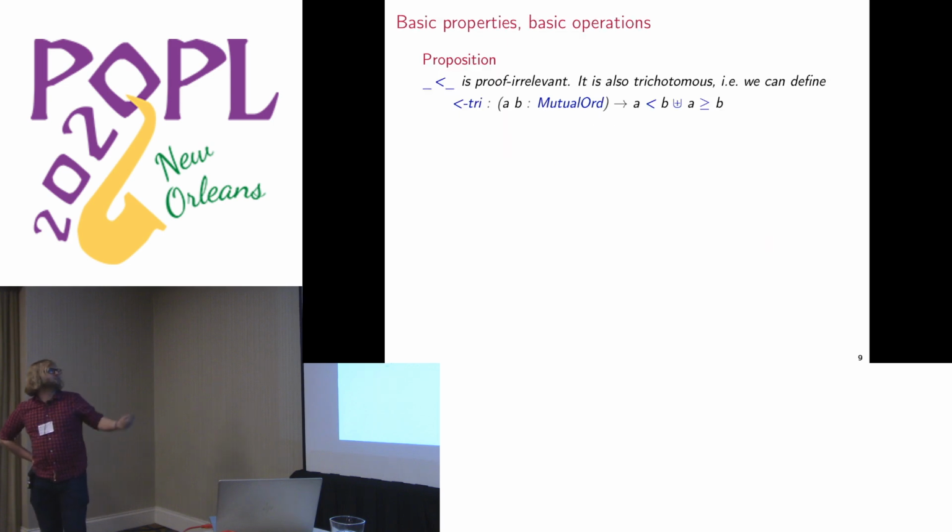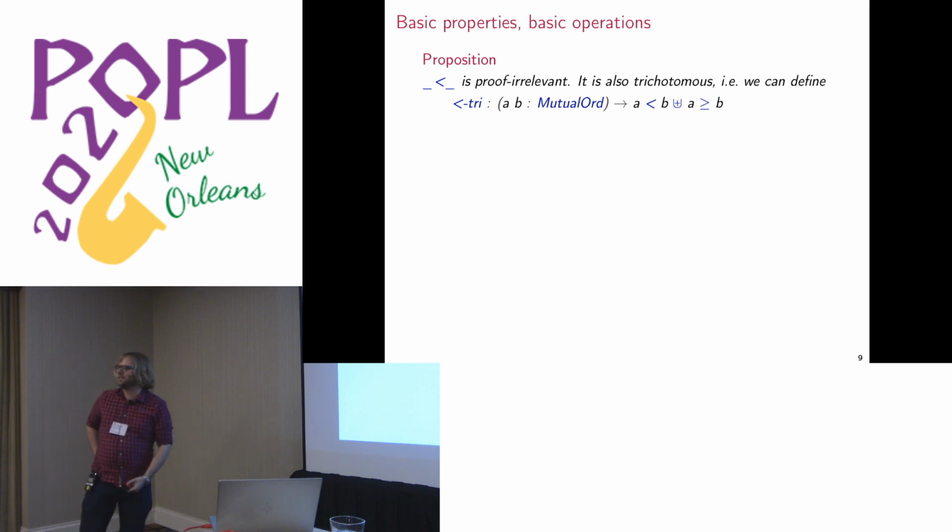Right? And again, you can prove that this order is proof irrelevant, and something that's nice is that you can prove that it's actually a trichotomy. So given two ordinals, you can decide if A is less than B, or if A is greater than or equal to B. Right? So this is something that's nice, because you wouldn't expect this from the real ordinals, so to speak. But here we have a nice notation system for it, so we can actually look at the syntax and decide which one is which. And this is a real disjunction. So you can pattern match on this and see which case you're in. Right? It's not one of these fancy cubical